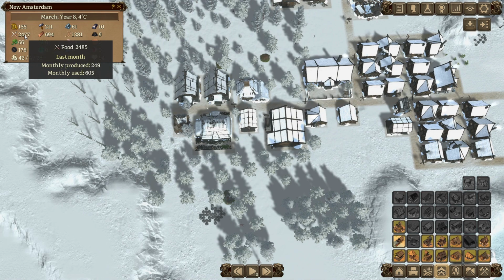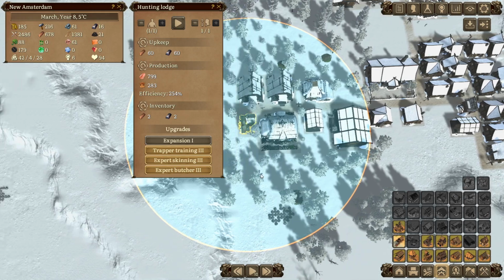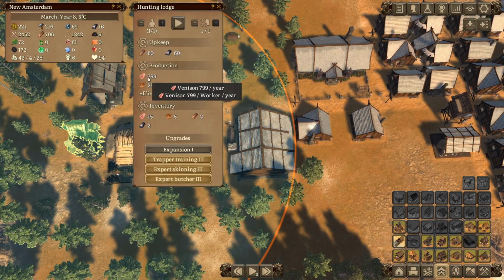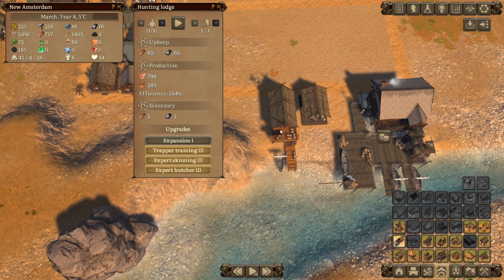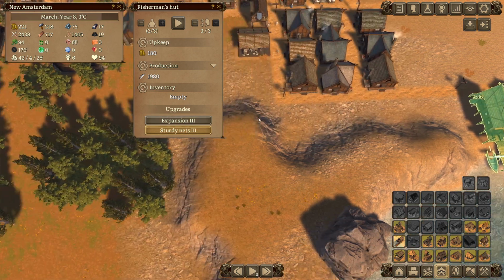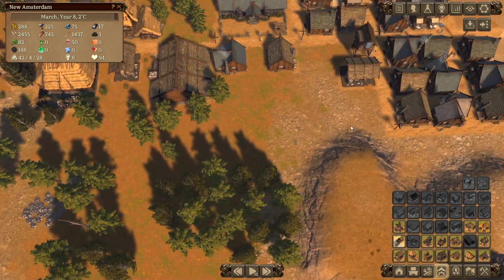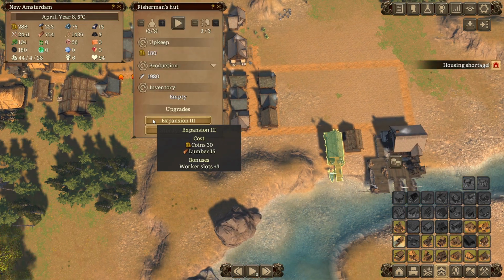We do have to keep an eye on our food production. How is our hunting lodge doing? Pretty well, honestly. How much food is this producing? This one. 800. That's actually quite a lot. And that's without the winter buff. So that's actually 800 from just one person. That's a lot. Although this does have an upkeep of both iron as well as lumber. So alternatively, we could just have